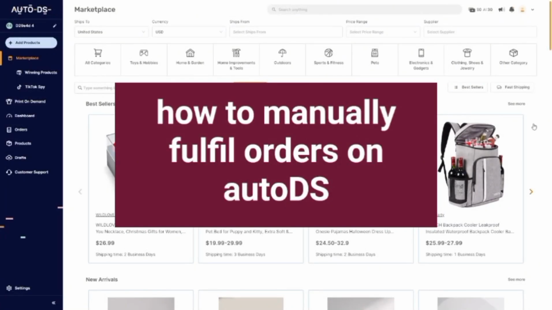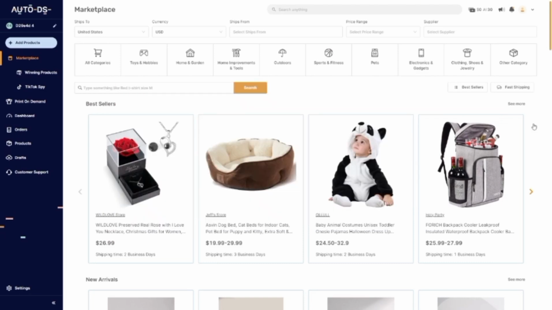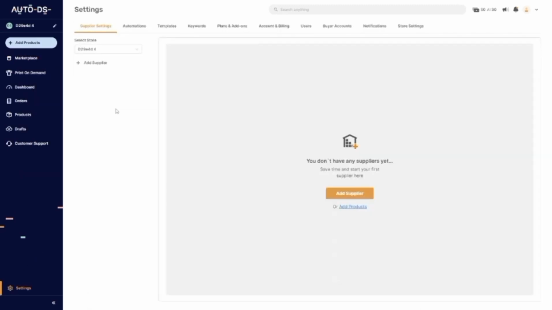Hey guys, welcome. So, how do you manually fulfill orders via AutoDS here? Now, it's going to be really quick, so bear with me with this one. This is just a summarization of what is actually happening here, okay? Because there's auto fulfillment, and we also have manual fulfillment. The auto fulfillment is actually quite easy, but the manual fulfillment basically requires a few steps and familiarization